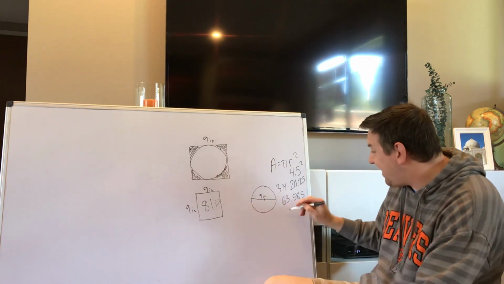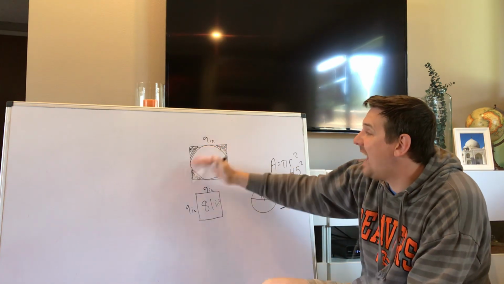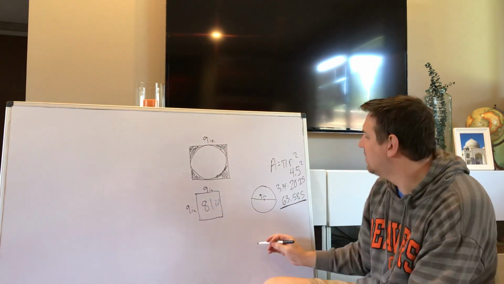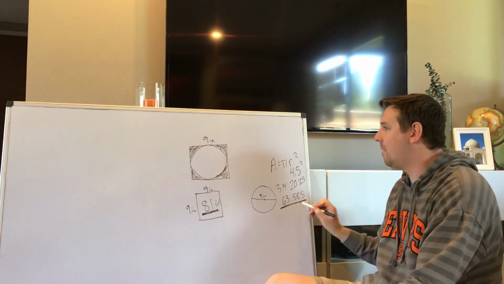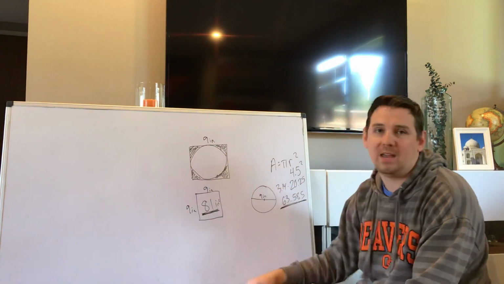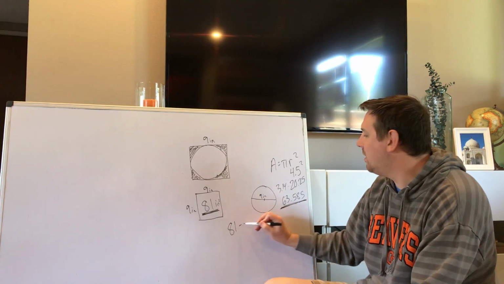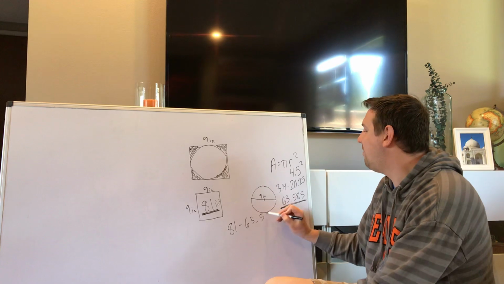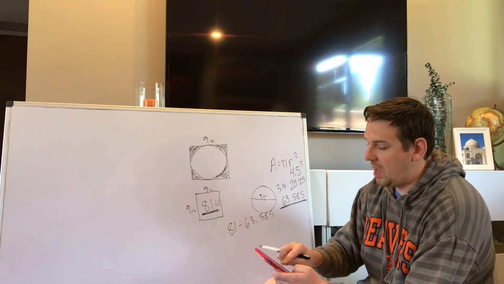But this 63.585 is getting taken out. We don't want to count that. So what do you think we should do with this number and this number to figure out the extra space? Subtract. So you're going to take 81 and take away 63.585, and you're going to get something fancy like 81